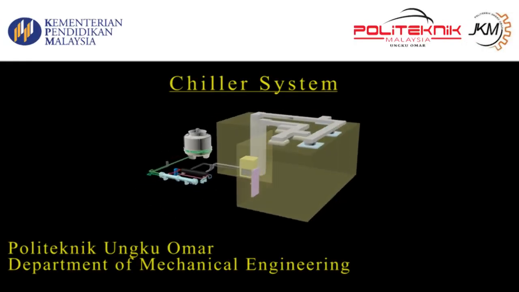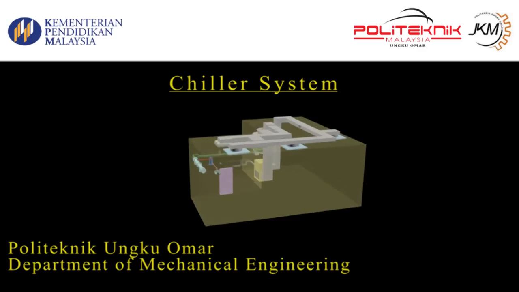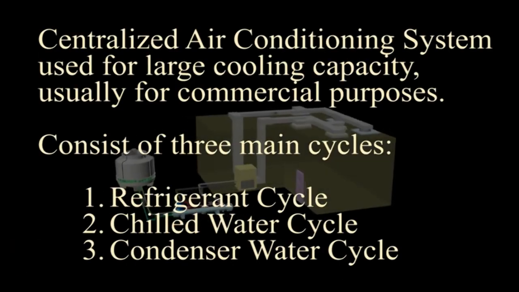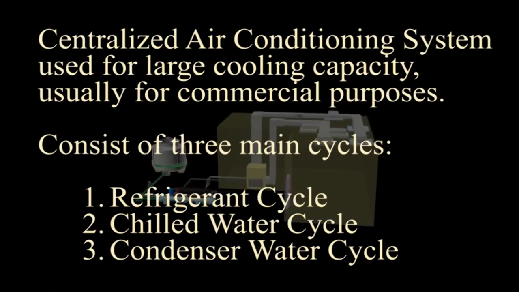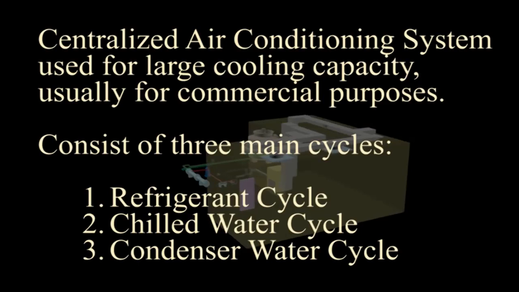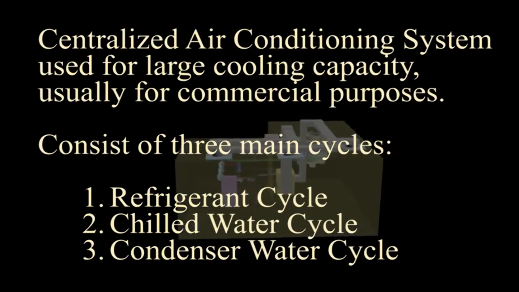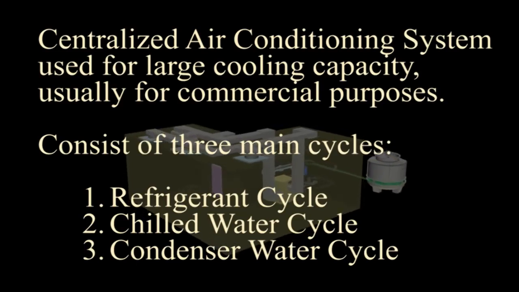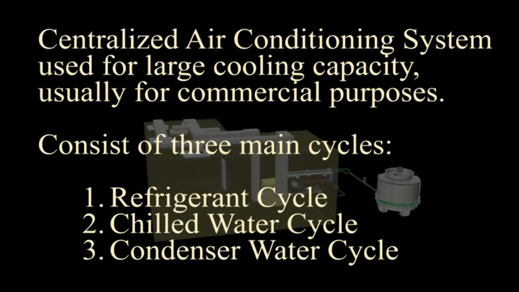Chiller system. Centralized air conditioning system used for large cooling capacity. Usually for commercial purposes, chiller system consists of three main cycles, which are refrigerant cycle, chilled water cycle, and condenser